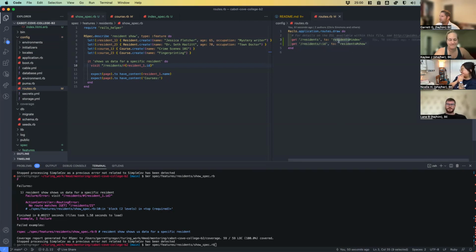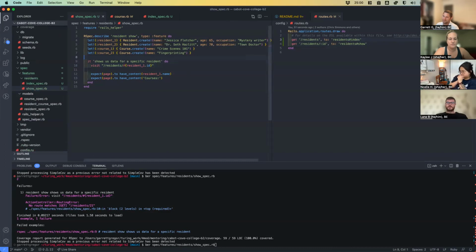What this is doing is saying, this is the controller I want you to go to, and this is the action I want you to go to. That's actually a method. So you might have seen in our test setups, sometimes you'll have a model method that is literally like, describe